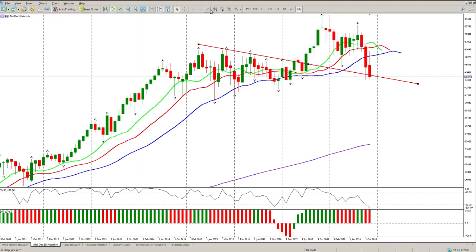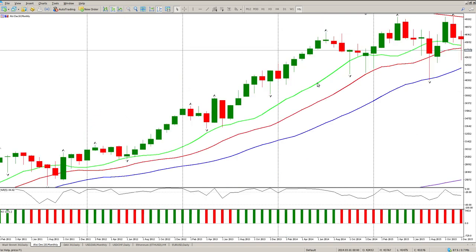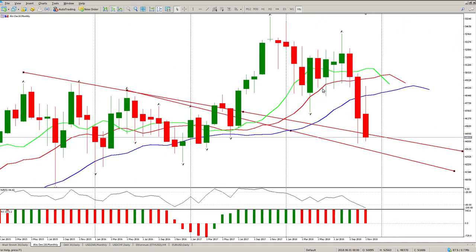Now there is another level here, which is that one there. So this high and this high, let me just zoom in a little bit to make sure that we have the right level here. Yeah, we do. So that one hasn't been tested yet. But for me,